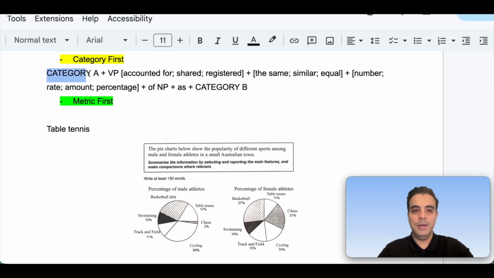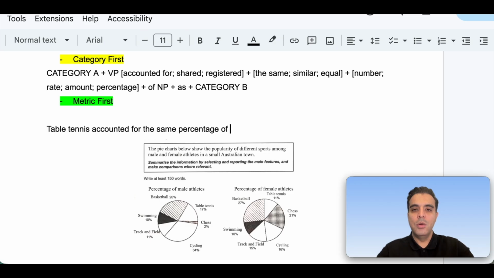That's the category. Then we're going to follow it up with a verb. So let's go with "accounted for." Then we're going to add one of these nouns, the same, similar, equal. So we're going to say table tennis accounted for the same. Okay, now we're dealing with percentages, so we're going to go with percentage